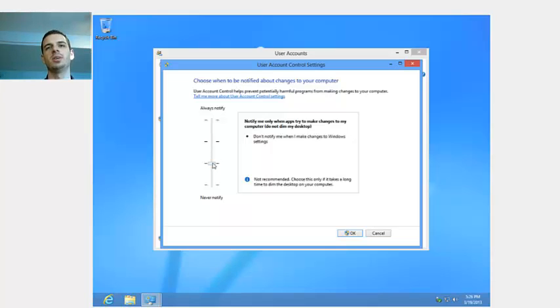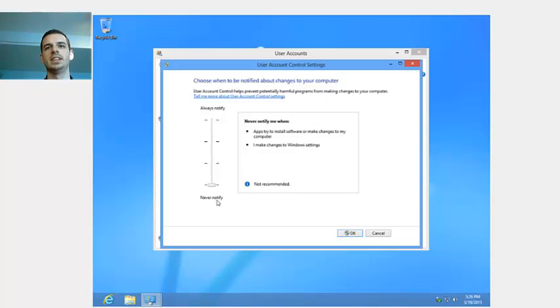So basically, what I'm going to do is take the slider and turn it all the way down to never notify. So it says never notify me when apps try to install software or make changes to my computer, or when I make changes to Windows settings. And it says it's not recommended, but obviously when you use the computer and you're installing a bunch of stuff,